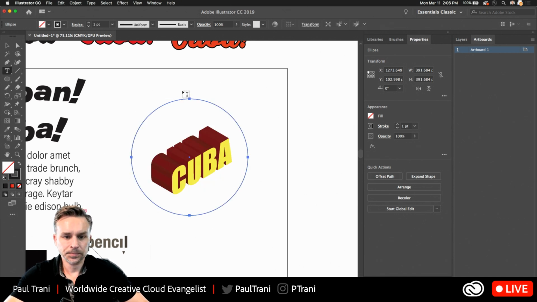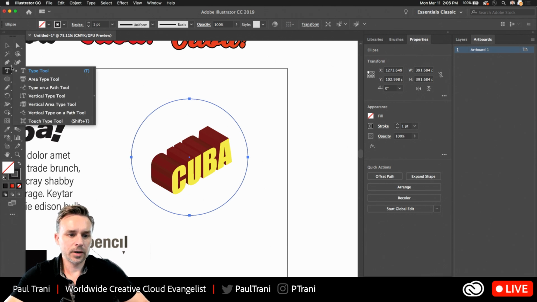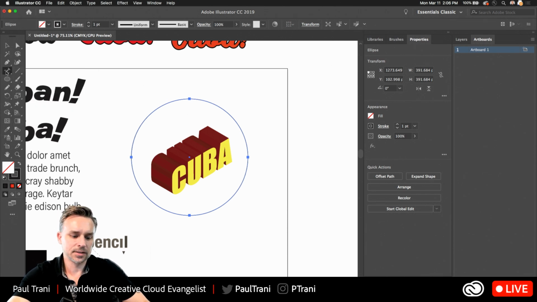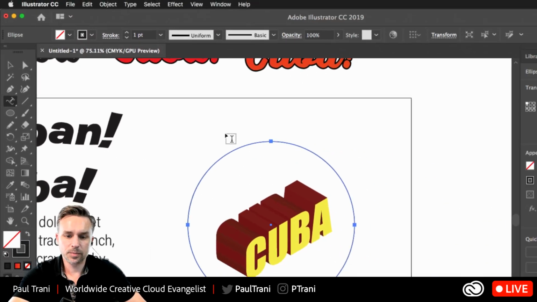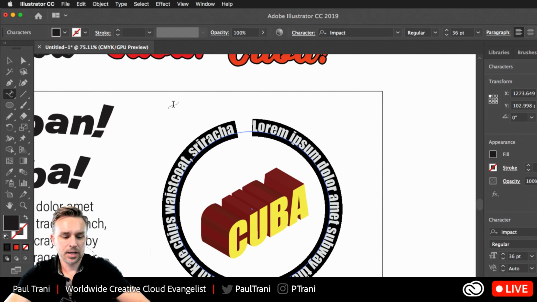Here's my circle. I want to have this type on a path. I can select the type on a path tool. All these others should make sense as well, but type on a path is probably the other really popular one, because what do I need to do? Put type on a path right here, click, and now I can say